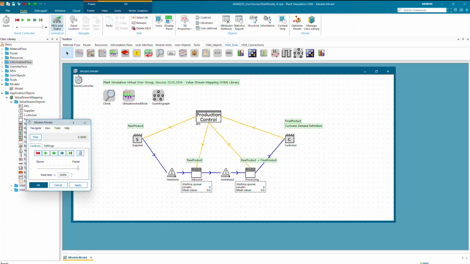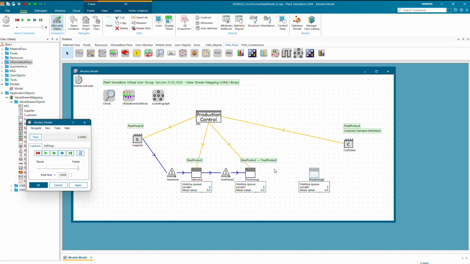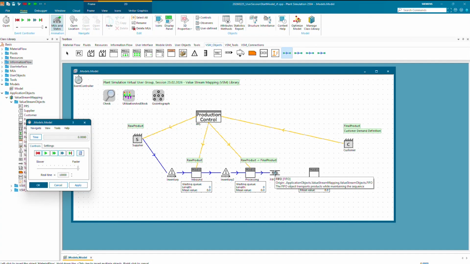What we can then add here is different kinds of combinations. I've described that we have a process coming after inventory, and this process is receiving an incoming order. You could also enhance this and, for example, add an additional object right here for processing, and in between you can add, for example, a FIFO element, something like this.